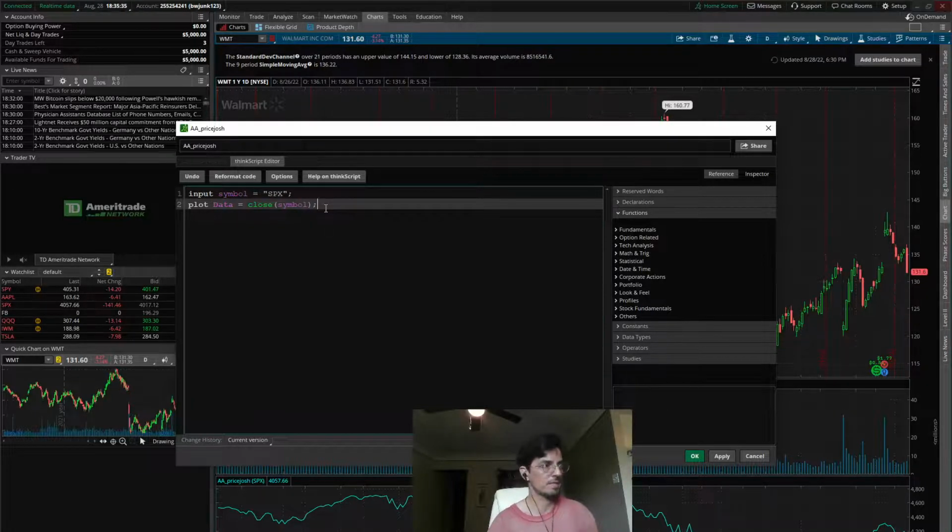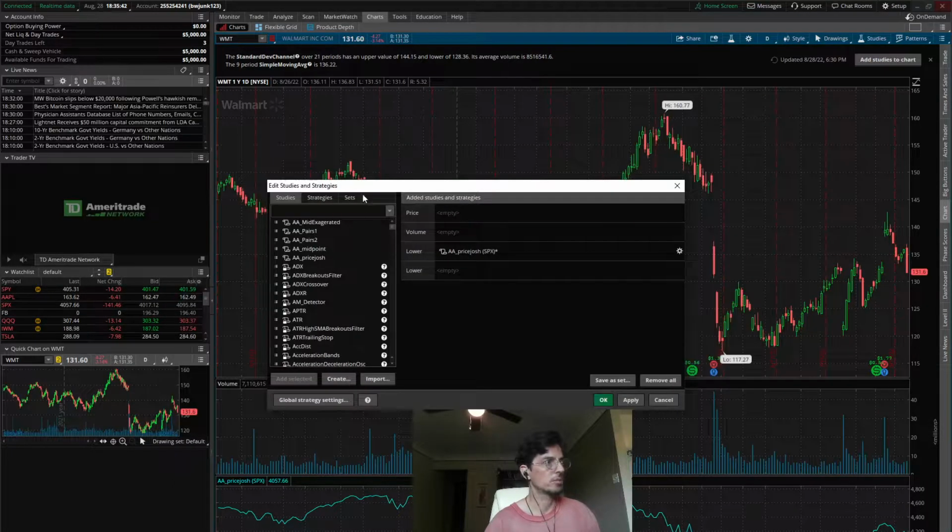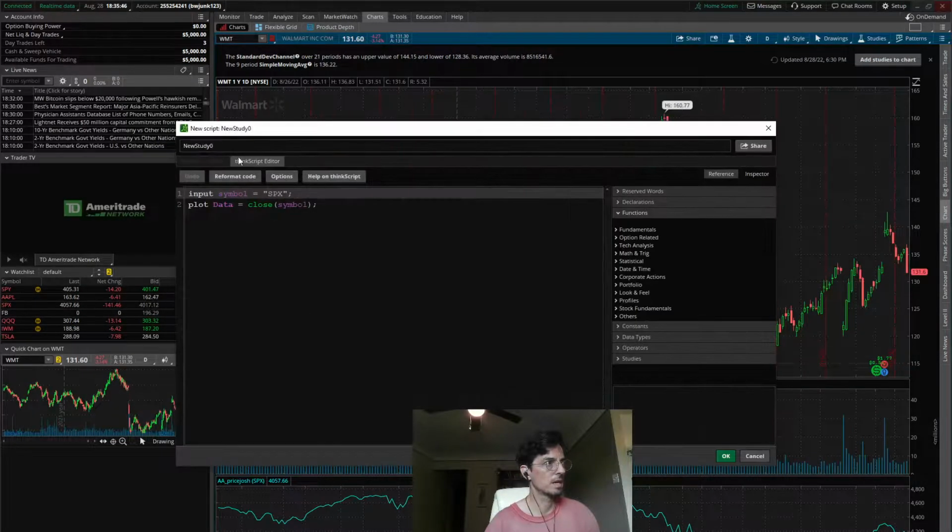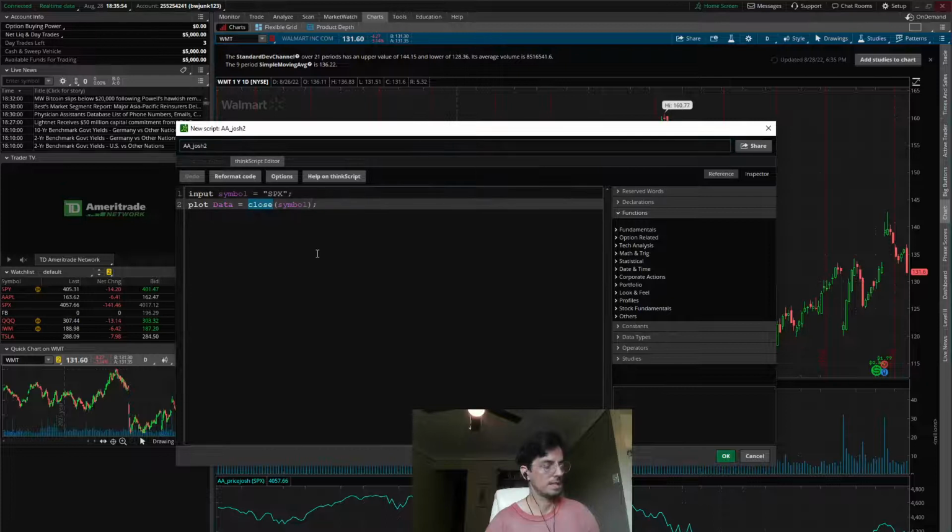On top of that, if I want to do plot, I can duplicate this Josh one. I can hit edit, duplicate, and then I can say like a Josh 2, and then I can say plot the, let's say, EMA 2 of the symbol.